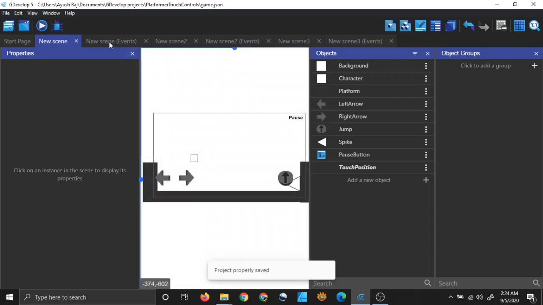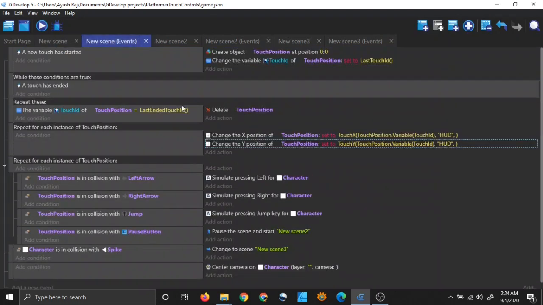Now let me show you my code, which is very important again. You can see there is a lot of code, but the important thing is everything. So let us start learning the code from the beginning. This is the multi-touch code. It works with multi-touch, so it may be a little bit difficult to understand, but we will move along very slowly.